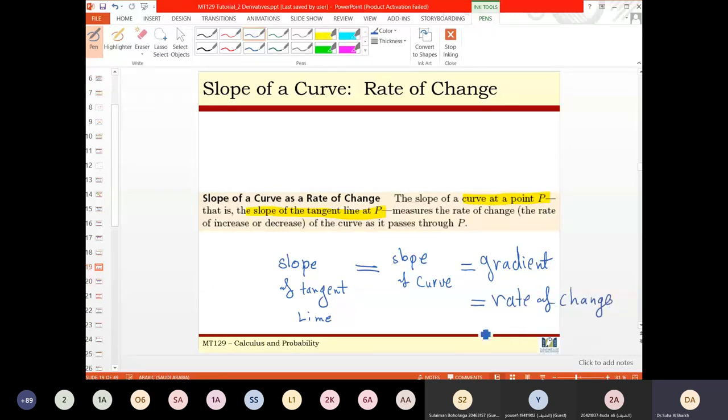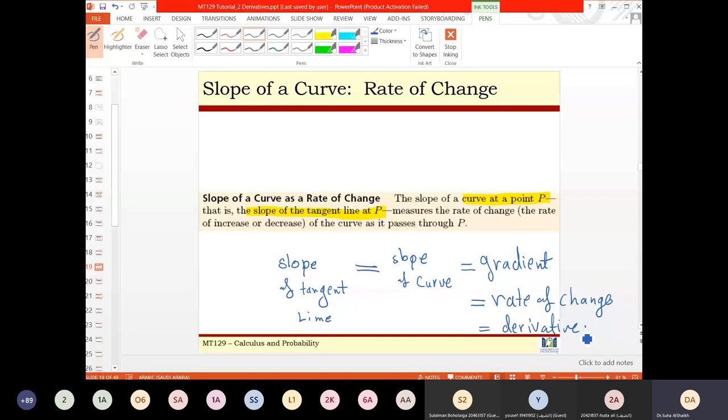And later on you will see all of this معناها الديريفاتيف. كل هذه الأشياء تعني الديريفاتيف: the slope of the tangent line, the slope of the curve, والgradient, والrate of change، كلها معناها الديريفاتيف of the curve at the specific point. Got it؟